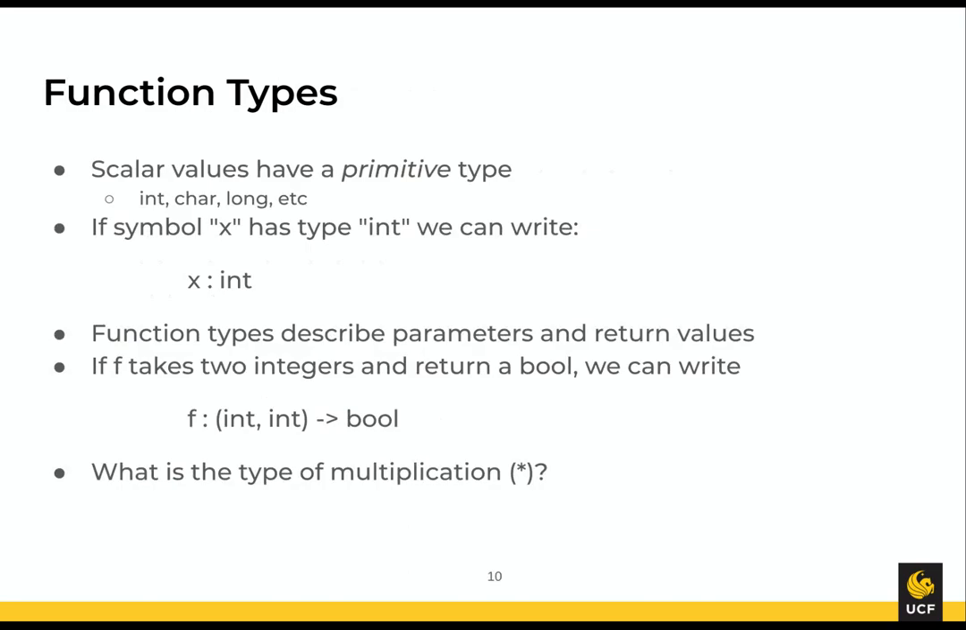So in order to talk about types, I'm going to give a little syntax that's popular in the programming languages world. Scalar values that are not arrays and not functions, that only have a single value associated with them, are called primitive types. So this is int, char, long. They only have a single value. And so the fancy programming language way to write that is: